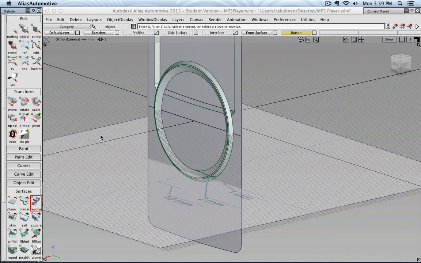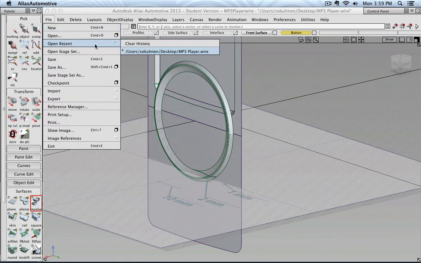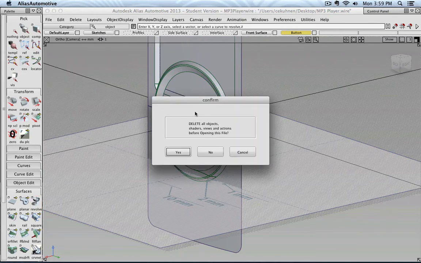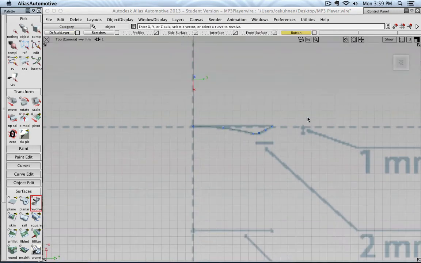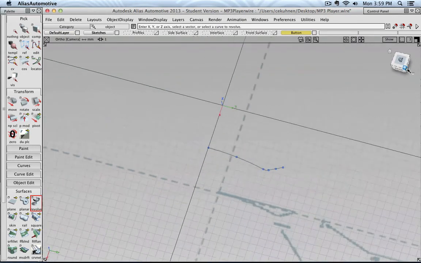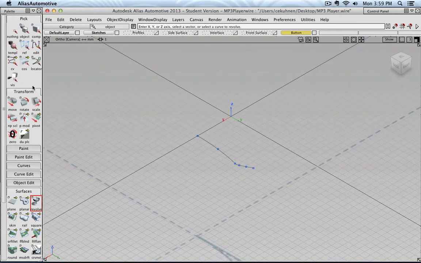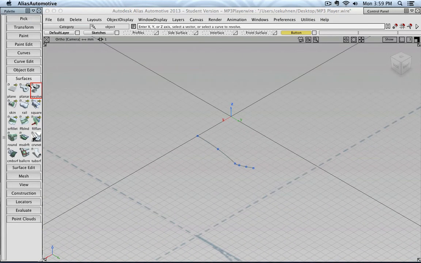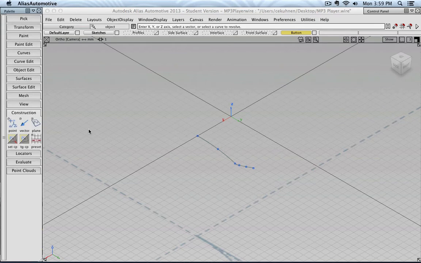Let's go back and undo everything. I'm actually going to just reload my scene and go into perspective view. You can find vectors inside constructions, and the vector is nothing else, as the name says, a tool that defines a specific direction. So I can click, for example, the vector tool,